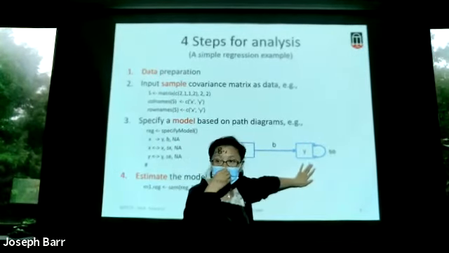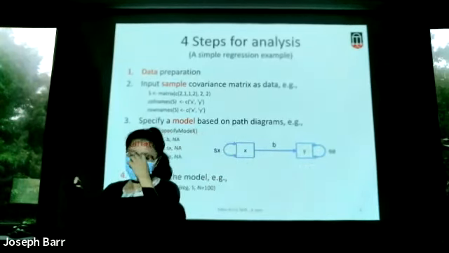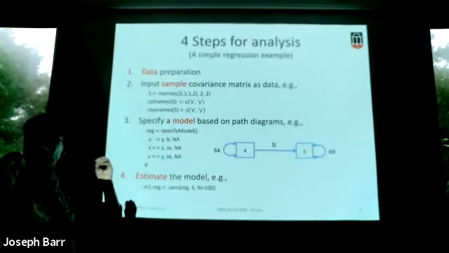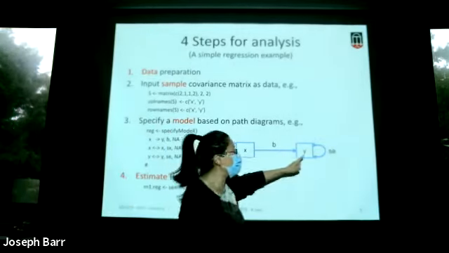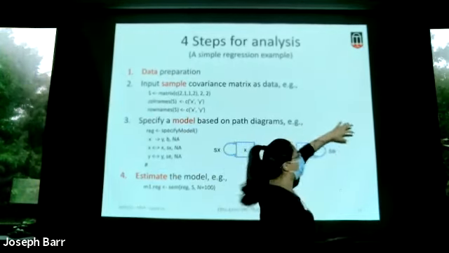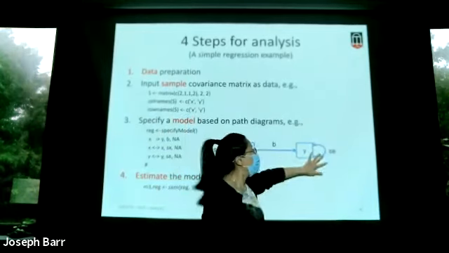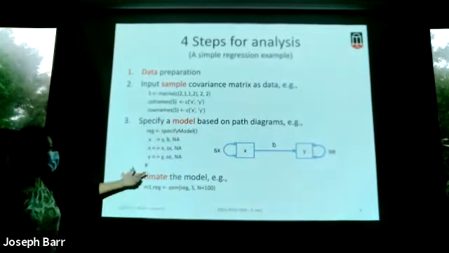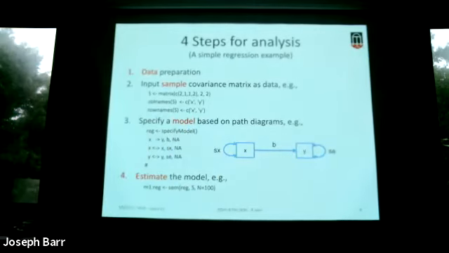Here, this is not the direct Y, because this is a simplified version. Remember that I said in the computer software, they use a simplified RAM, not the original RAM. So here we ignore the residual part. In the traditional path diagram, there's an E, and we have 1 goes to E and the variance of E. But by using the simplified version, Y goes to Y. That is the variance of error of Y, because Y is a dependent variable here.